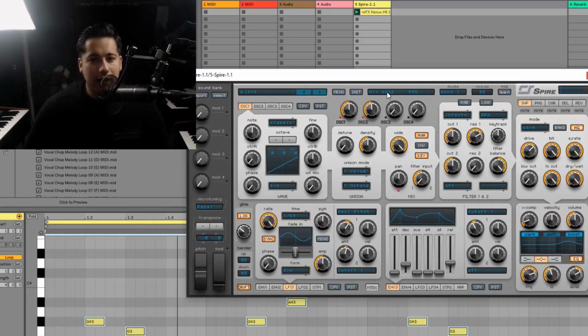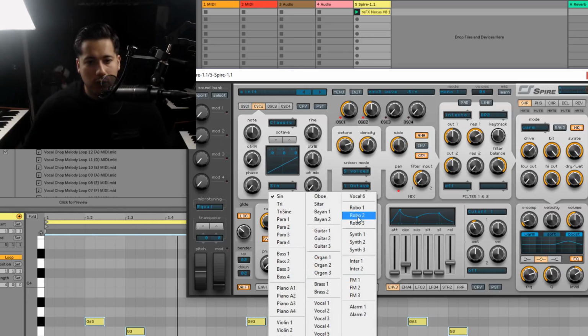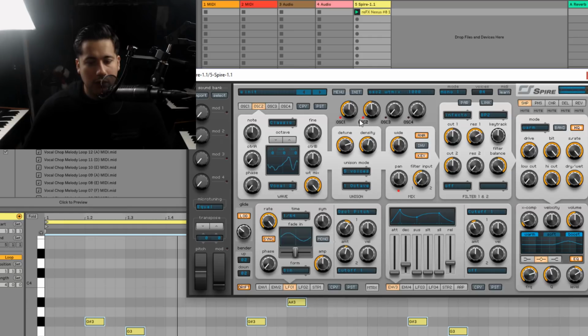Now here I could add other layers. For instance, let's say we want more of the vocal vibe. Well, I can easily go here and choose a vocal wavetable now. Notice how it sounds a bit off. So here what I'm going to do is parallel filtering, so I can have one of them just affect oscillator 2 and oscillator 1 will have filter 1. So here I can have this guy just